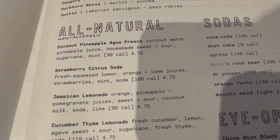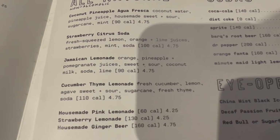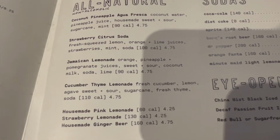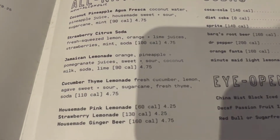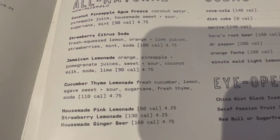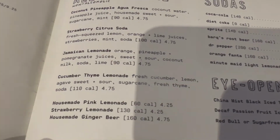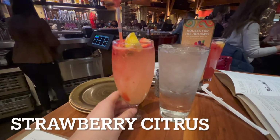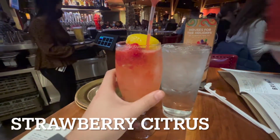They also had a bunch of drinks to choose from, and I didn't want to get a soda, you guys. I'm not really a big fan of fountain drinks because the gas just goes away too quick and it just doesn't taste good. So I decided to order one of these lemonades to try it out. I'm actually going to be ordering a couple because they all look really good and they are non-alcoholic, so anybody could try these, right? So the first one I ordered today was a strawberry citrus, and this thing was very